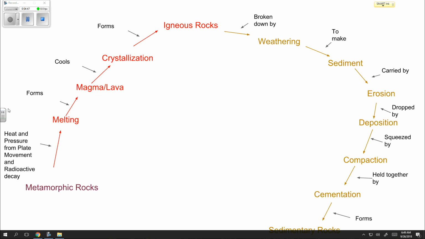Next, what you've got is those igneous rocks, or any type of rock, being broken down by weathering. The different processes happening in the atmosphere or around the surface of the Earth are going to break down whatever type of rock we're talking about through the process of weathering to make what's known as sediment, pieces, parts. And some of that sediment can be chemical sediment if minerals are dissolving in water